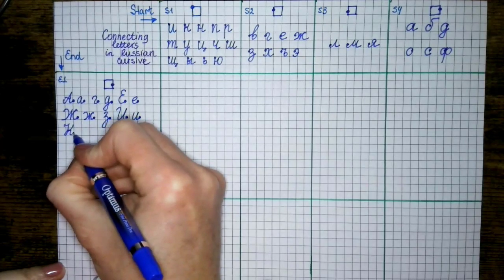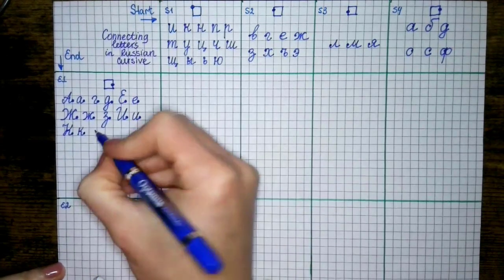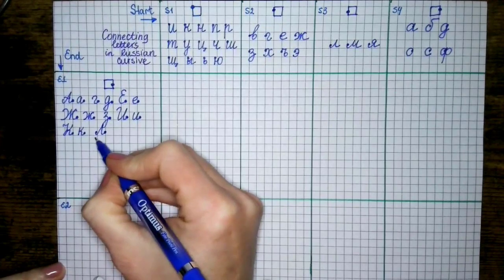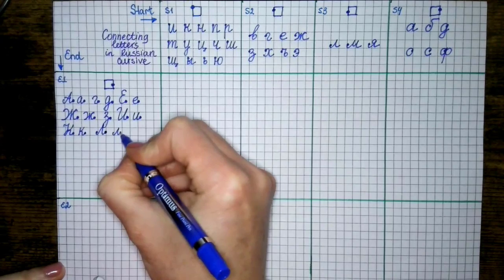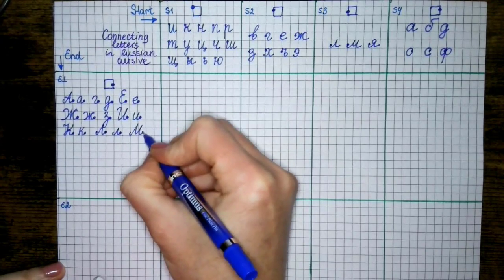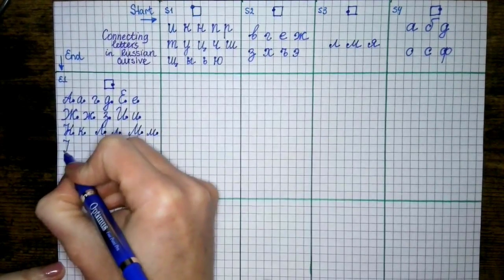Both letters K, capital and lowercase, L. Oh, sorry, I marked the beginning here, but all we care about is where it ends right now. L, both M's, both N's,